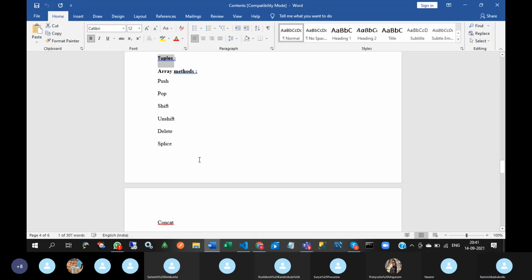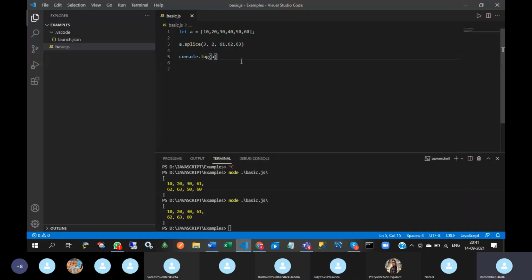Next one, concat. Concat means it returns a new array object that contains 2 or more merged arrays. So 70, 80. If you want to concat 2 arrays, in string functions also we have seen the concat function.